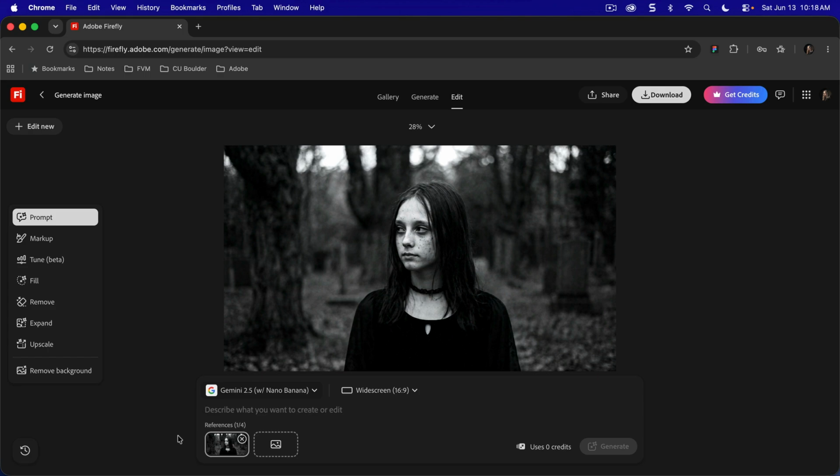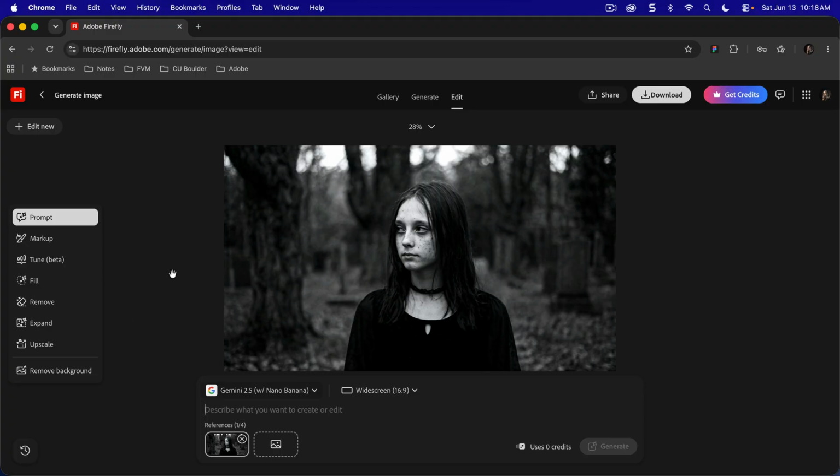Today we're going to look at a newish feature inside of the Firefly image editor. So we can see here that I've got an image generated. I generated this from a custom model based on my own photography. And we're in the edit space here. If you're in Generate, you can hover and click and choose edit from there, or you can just go over to the edit tab with anything selected to enter into the